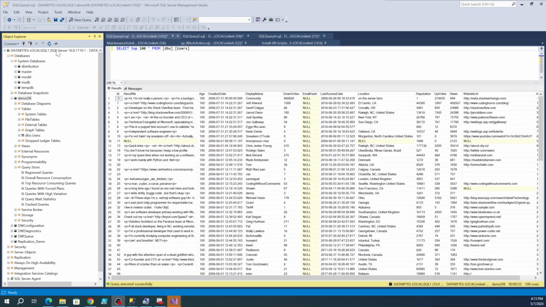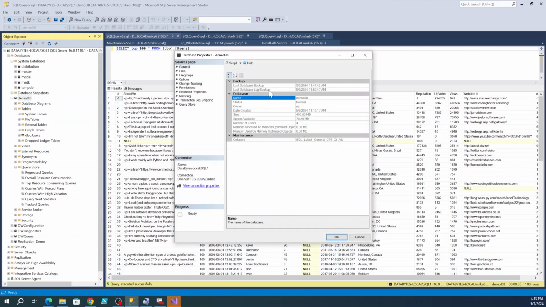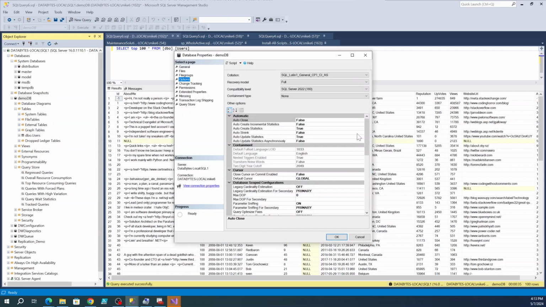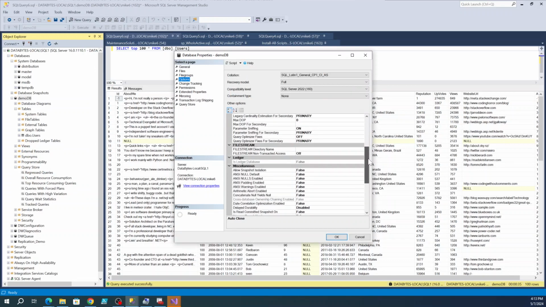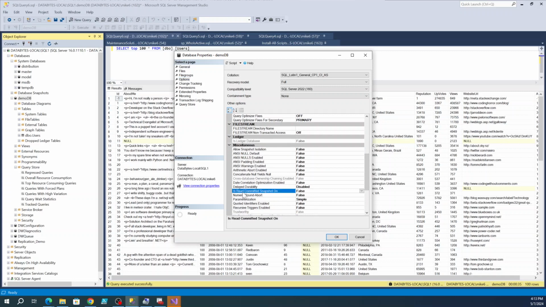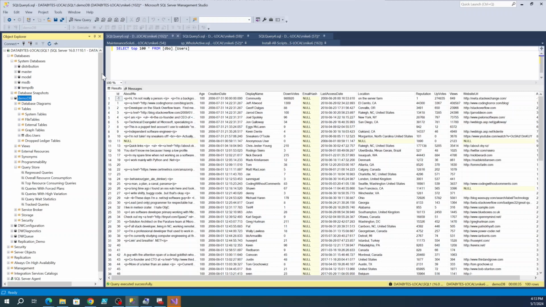You can see that I'm already on my instance. I've got the demo DB over here. Let's go to options. You can see the read committed snapshot isolation level is false. So before we enable it, we're going to show you,